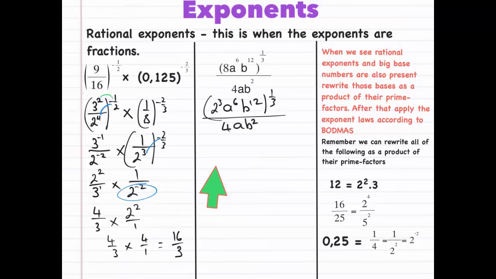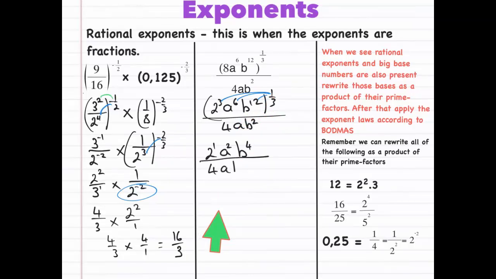Now here's the exponent law. We simply write the base, we write the 2, I write the a, I'm just going to do this quickly, and then it's 3 times a third, which will be a 1, then it's 6 times a third, and that will give me a 2, and then we have 12 times a third, which will give me a 4, right? Okay, so write the 2, 3 times a third is 1, write the a, 6 times a third is 2, b, write the b, 12 times a third is 4, and then we divide with